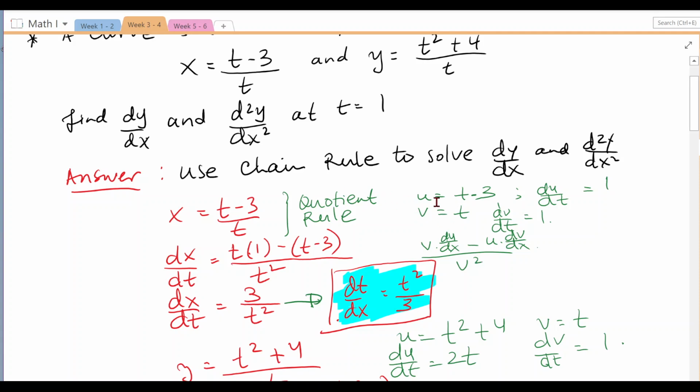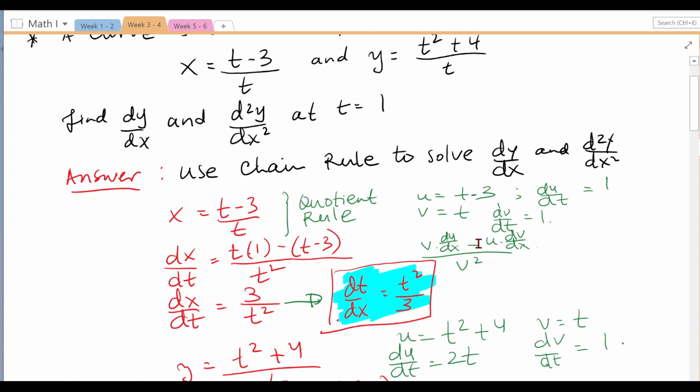In this case, we replace the numerator with the letter u and the denominator with the letter v. So v equals t. The derivative of u with respect to t, du/dt, equals 1, and the derivative of v with respect to t, dv/dt, equals 1. So the formula is (v du/dt minus u dv/dt) over v squared, which can then be substituted. Here v equals t, and du/dt will be 1.